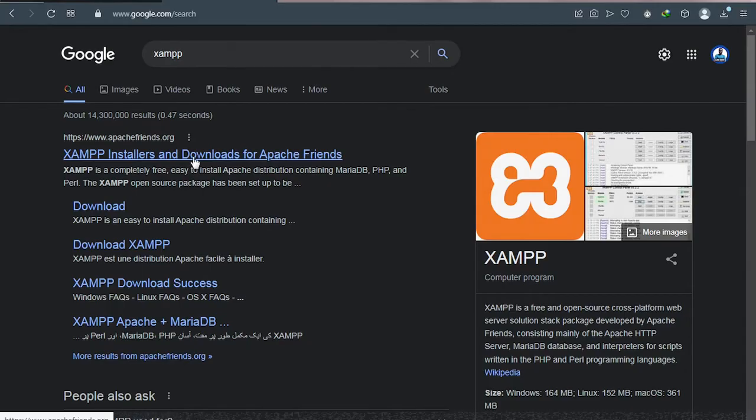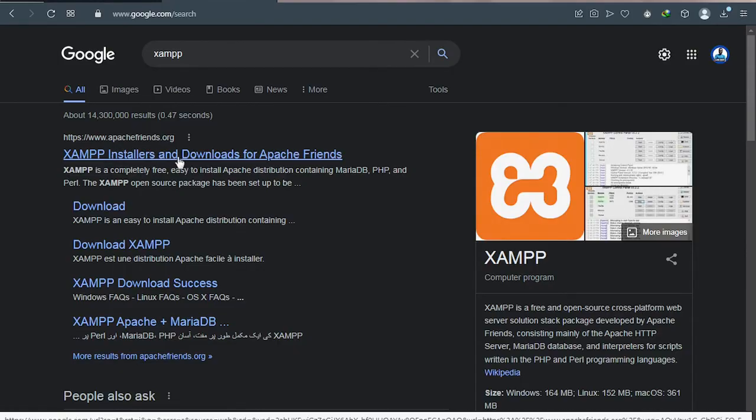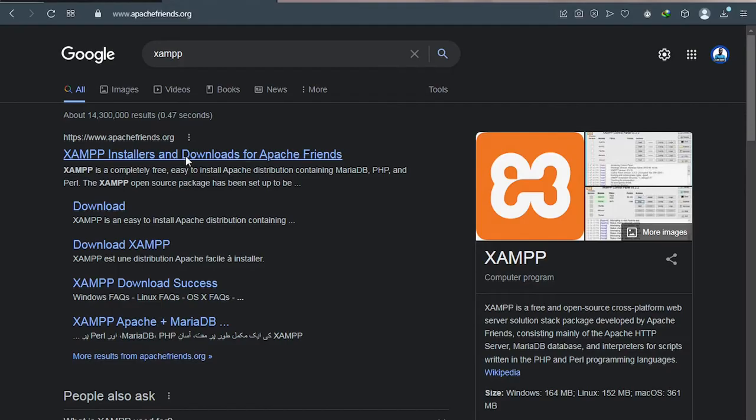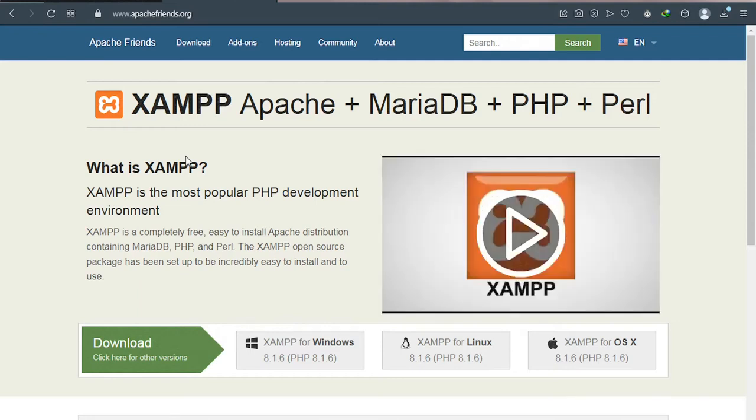Okay, so go to this link, apachefriends.org, and I'll have this link in the description. Make sure you open this link, that is apachefriends.org. Once the link is loaded, you see a page just like this. Make sure you choose your operating system. If you're using Windows, this is where you're going to click it. You can also go to downloads and then go straight to the download page and download it. So I'll click on top here, downloads,